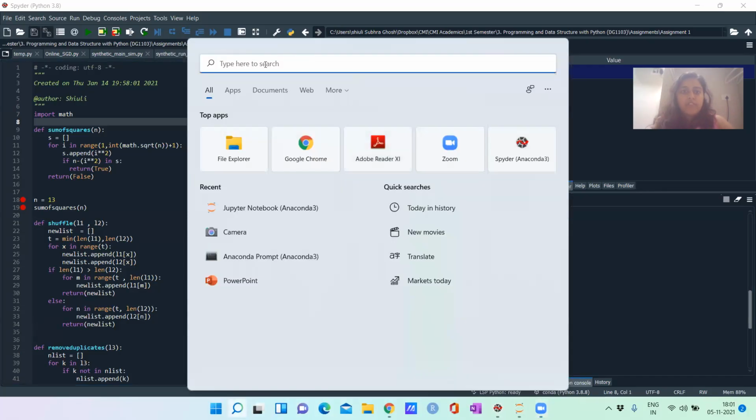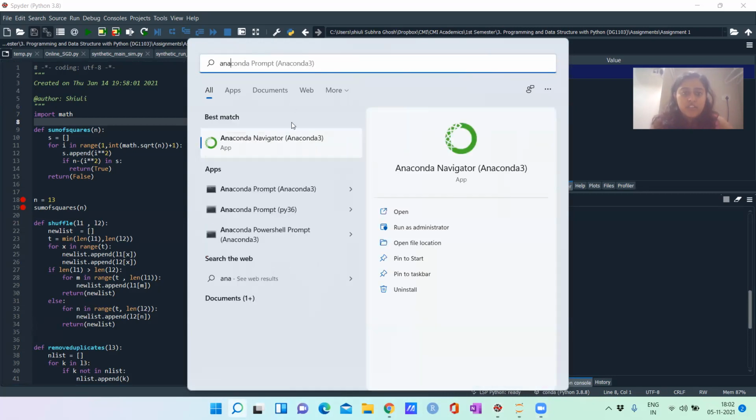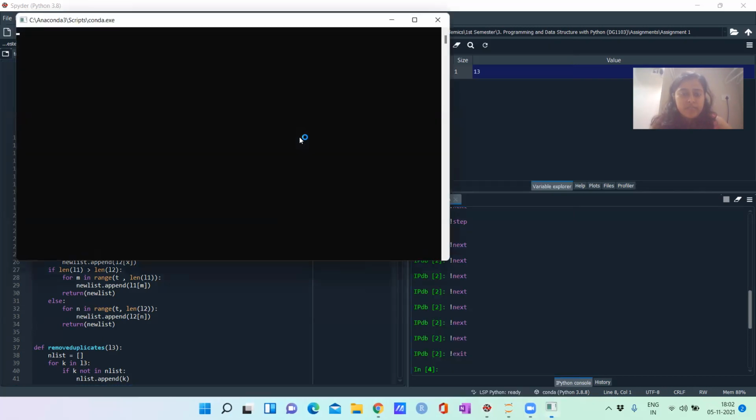I think you guys have already installed Anaconda Navigator. So Spyder, Jupyter, and all these things are already pre-installed in your computer. If it is not installed, then install it from Anaconda Navigator. Okay, this is the Anaconda Navigator.